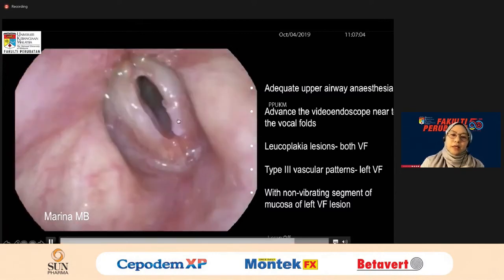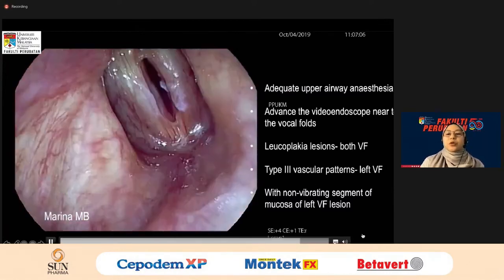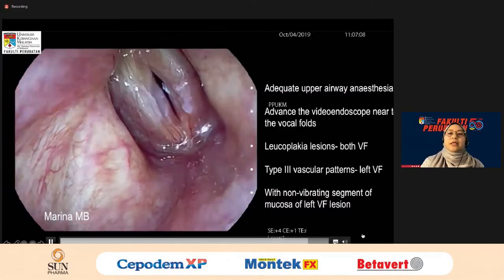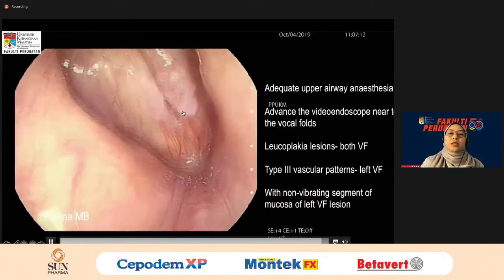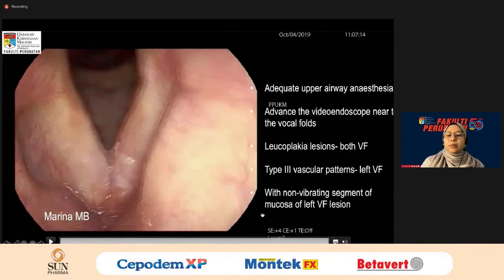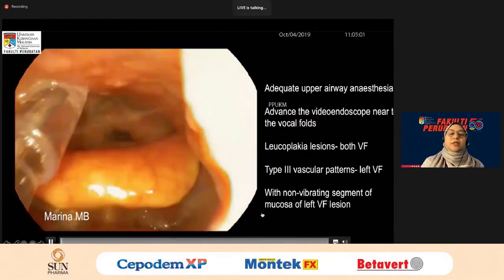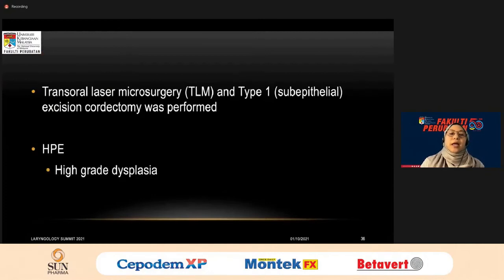Yes, it has reduced vibration. So we suspect that this is a pre-malignant lesion, and the stroboscopic light can be coupled in real time with the eye scan. So this patient underwent same-sitting transoral laser microsurgery,